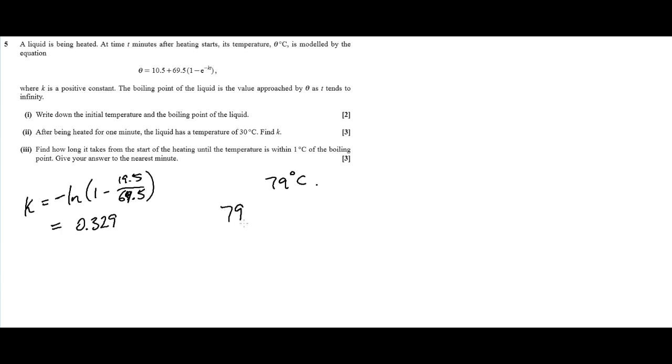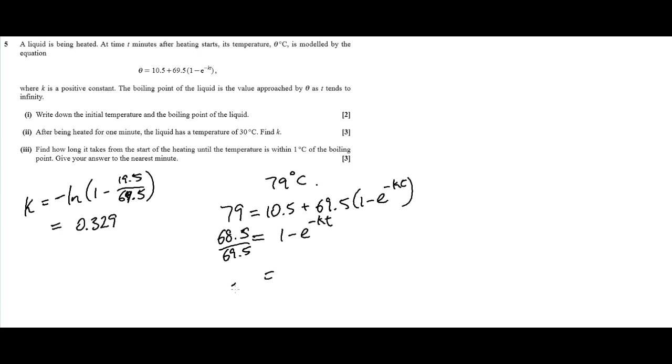So 79 is equal to 69.5 1 take e to the minus kt. And let's rearrange this to get 68.5 on 69.5 is 1 take e to the minus kt,